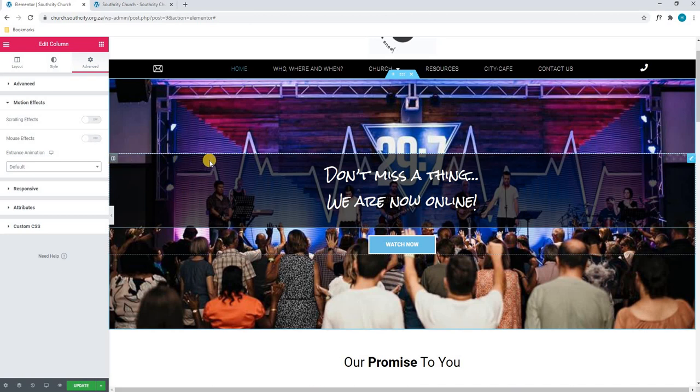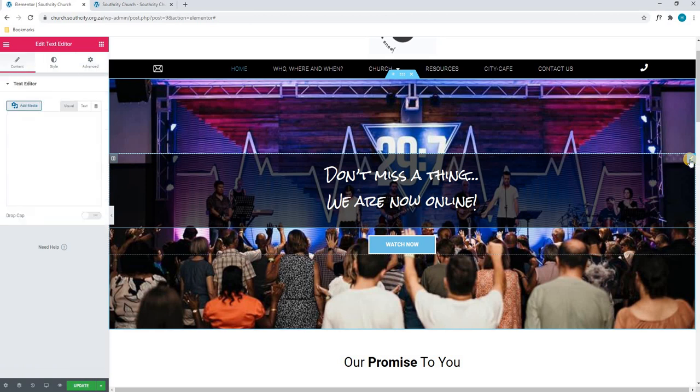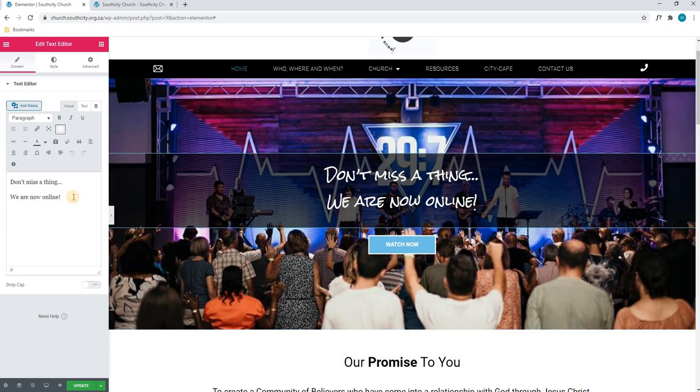Now that we have covered the column, we're going to move on to a widget. Again, using our mouse cursor to navigate around the site, we will see a blue border appear, indicating that we have highlighted a widget. We will select the edit icon and the window on the left appears yet again. Here we're able to change the text live,